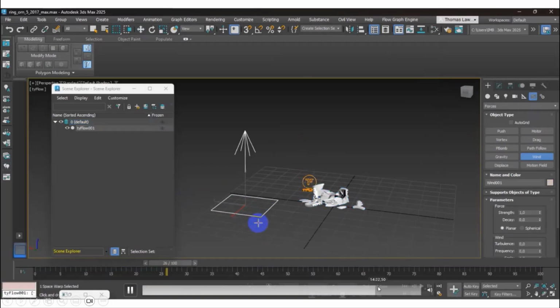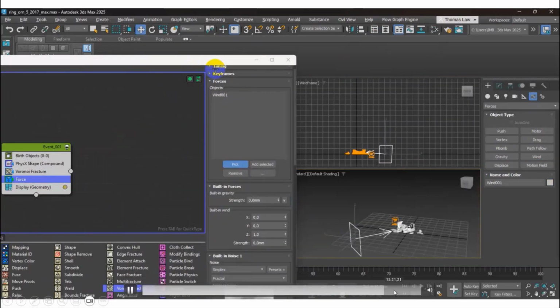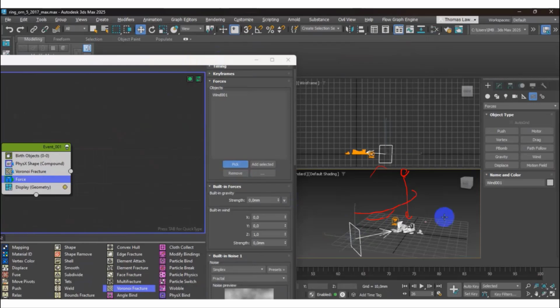Okay, so I move. Even though, let's say the object drops to the ground and you want to put some wind. When the object drops to the ground, the particles move in any direction, so you can put the wind.